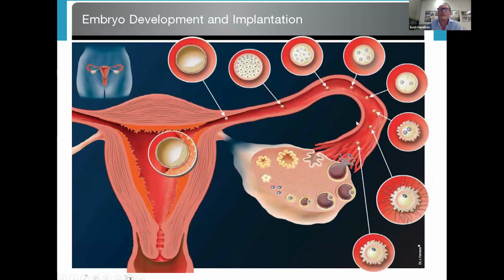And over less than a week, there's some division that happens as it moves through the tube, reaches a blastocyst stage, which is still under a week, and it implants into the uterus. So the physician team deals with about the first 10 days of the menstrual cycle, to actually get one or more follicles that should have a mature egg in them. Then there's an egg retrieval, and we get the material, put it into a dish, and we look after the 5 to 7 days that would ordinarily be in the fallopian tube.